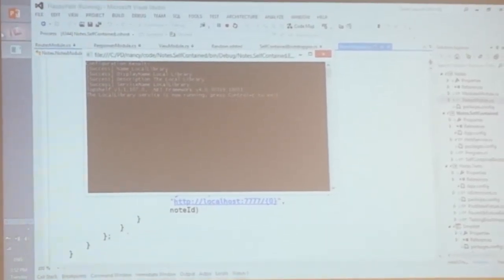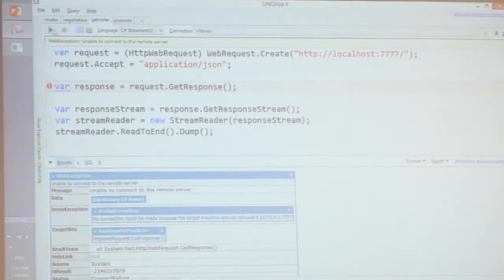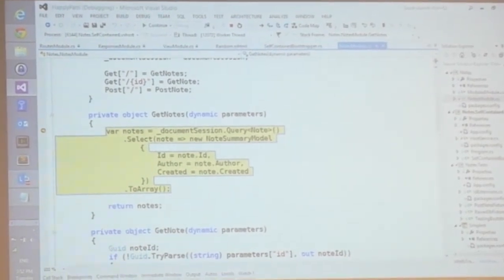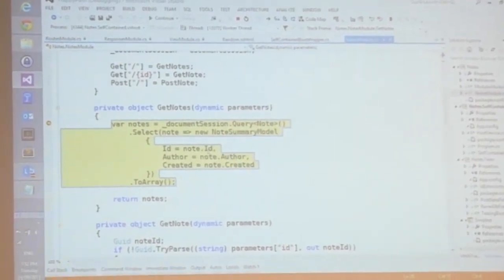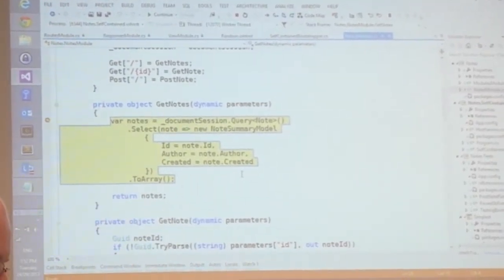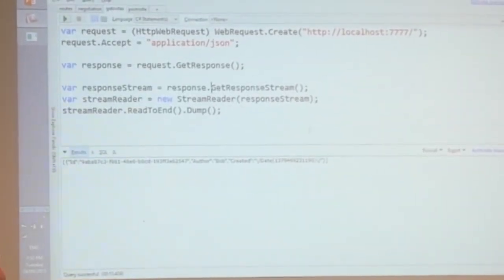So we've got that. Go back over here. Where did it go? Wrong spot. This one. All right, and we'll do that again. Okay. So I've come in here, I've got a document session. At the moment, there's not much going on. I'm just going to step through that. Fun. And we'll go back to here.